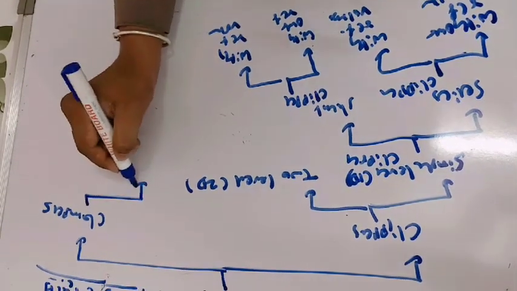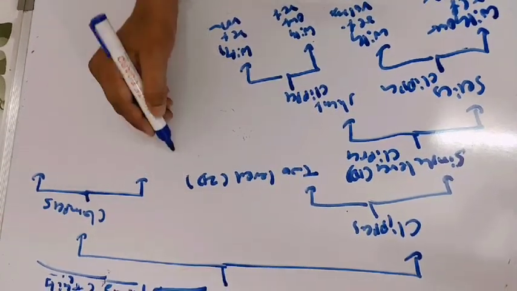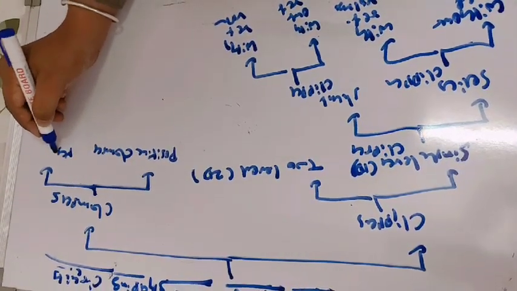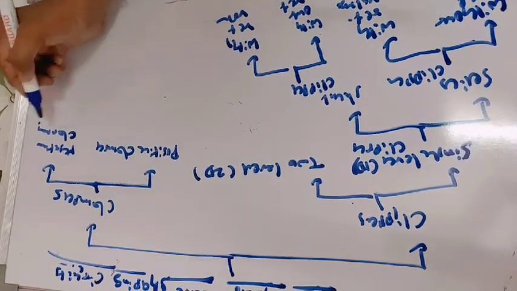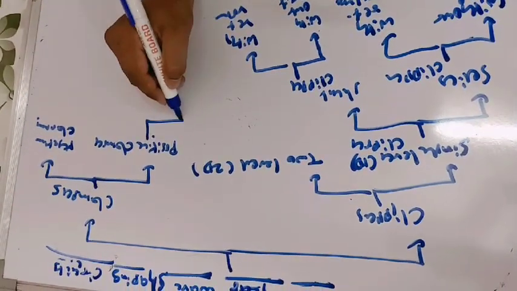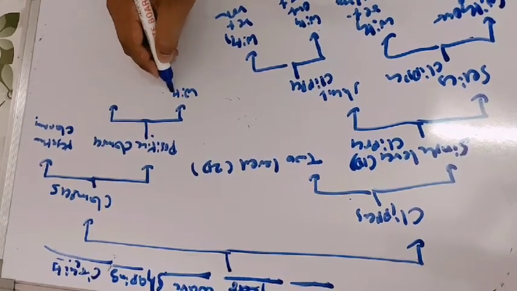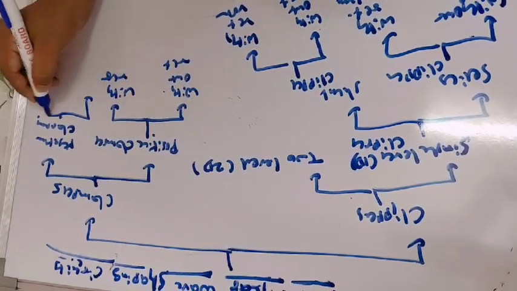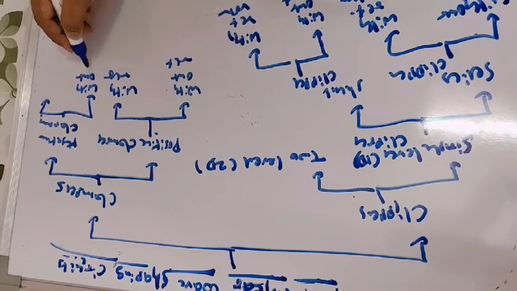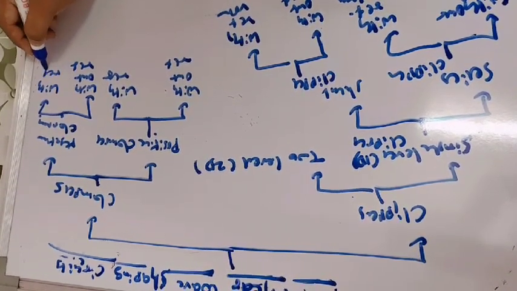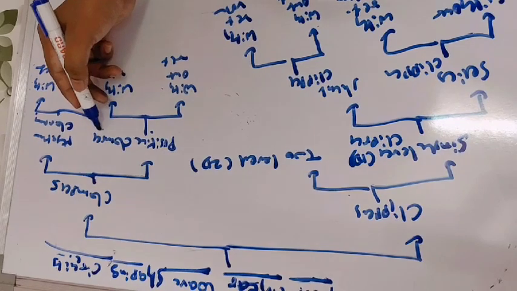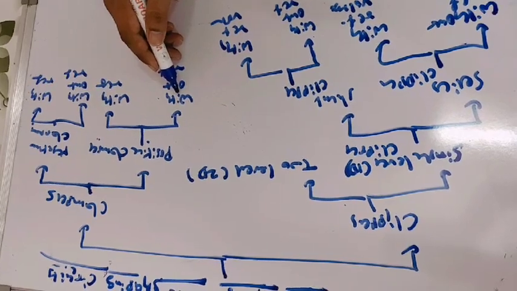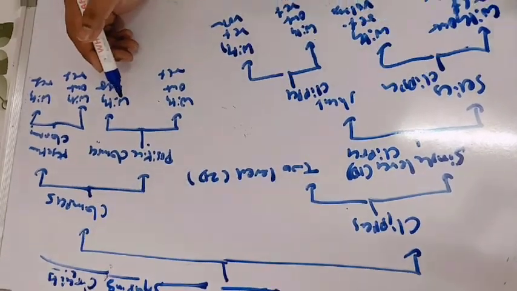Now we'll move on to clampers. Clampers are basically classified into two types: one is positive clamper, another one is negative clamper. Positive clampers are again classified into two types: without reference voltage and with reference voltage. Again, negative clampers are classified into two types, that is without reference voltage and with reference voltage. These clamper circuits consist of diodes, resistors and capacitors. They are used for inserting the DC into the output signal.